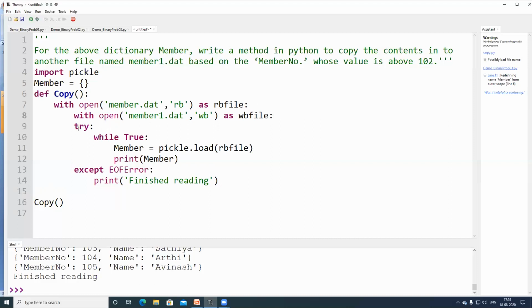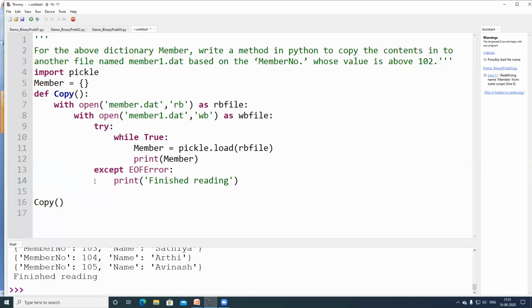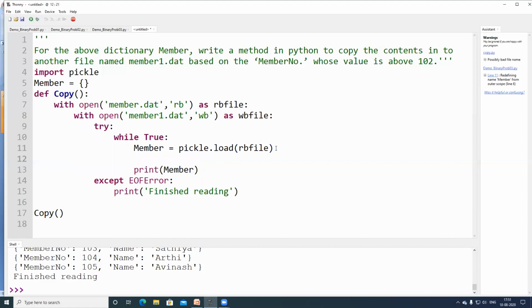Inside this one, again, this try is needed. Why? Anyhow, you are going to read it. Once complete, it will throw an error. In order to avoid that, this is needed. While true, member equal to pickle.load RB file. Here I am not printing as it is. Here I am going to specify a condition.